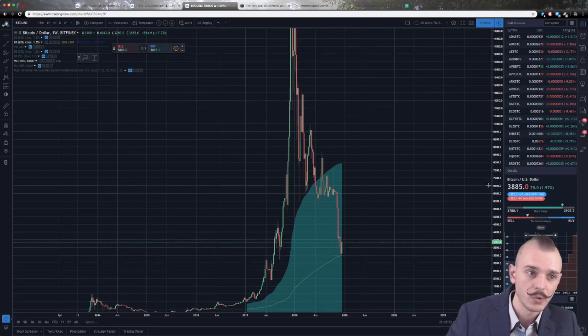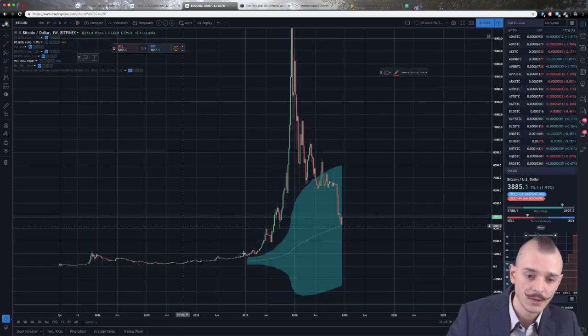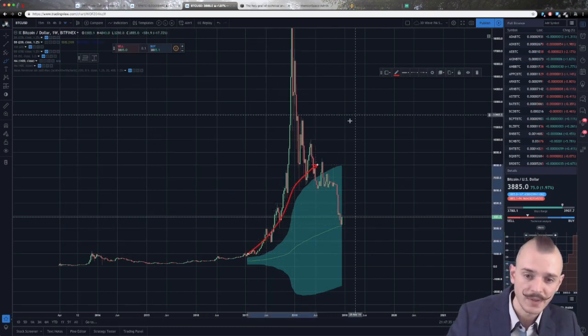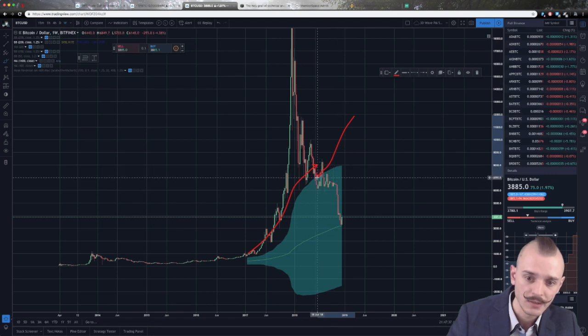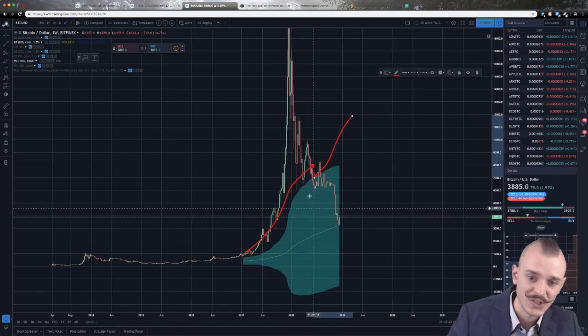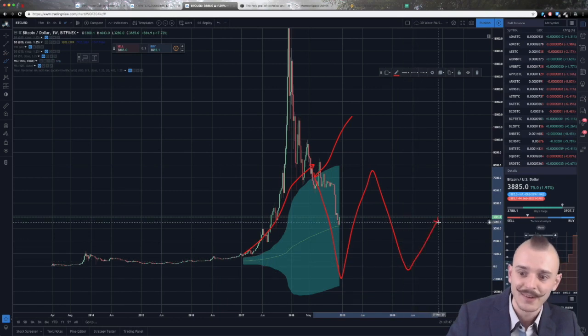For the relative 200 band, as long as we are outside the 1.25 standard deviation, it is expanding. But what happens as soon as we return inside of the 1.25 standard deviation? We trade laterally into the mean. We trade laterally as defined by that band. Obviously, we aren't going to go to negative 1,000, but